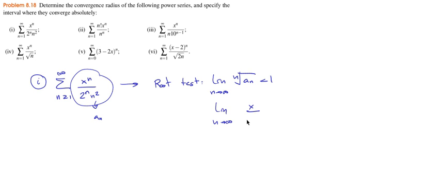this is x divided by 2, the nth root of n squared, but this is going to be the absolute value of this, right? The limit of this is going to be 1, so this has to be smaller than 1. This means that the absolute value of x has to be smaller than 2. So that implies that the series is convergent